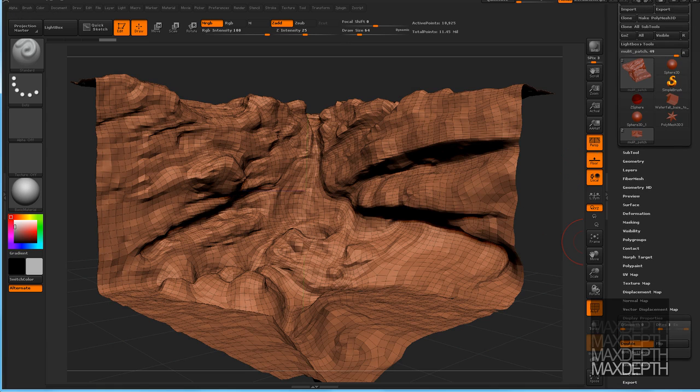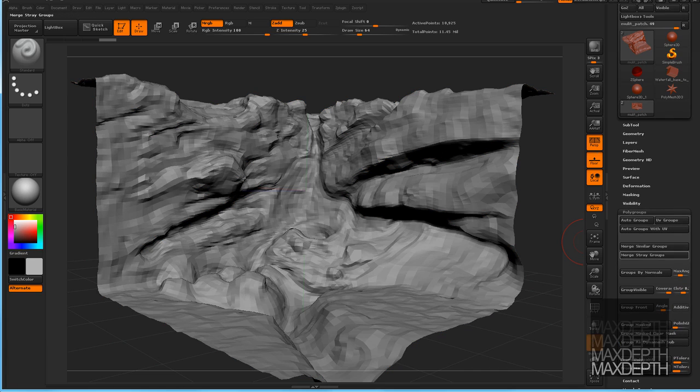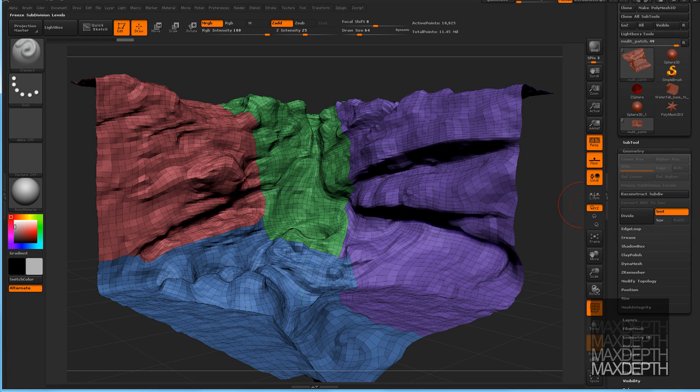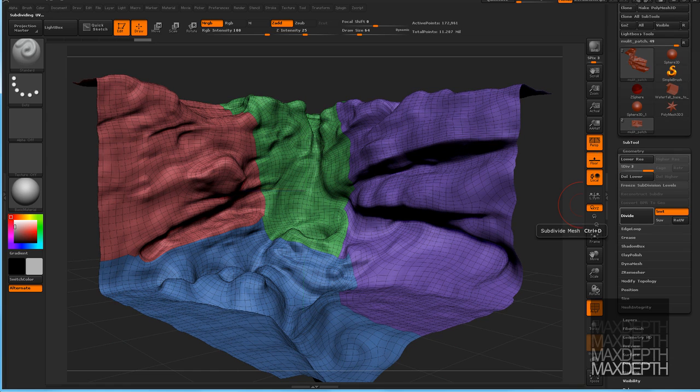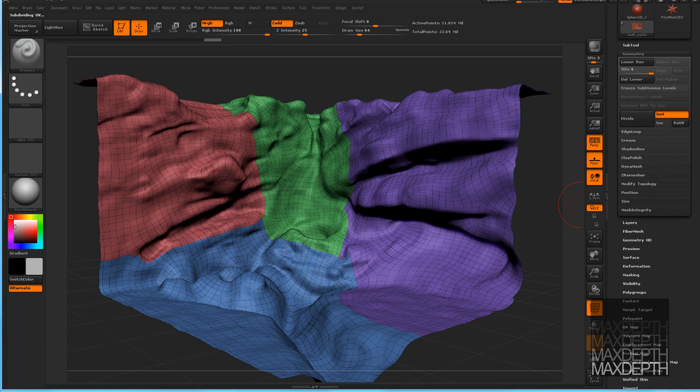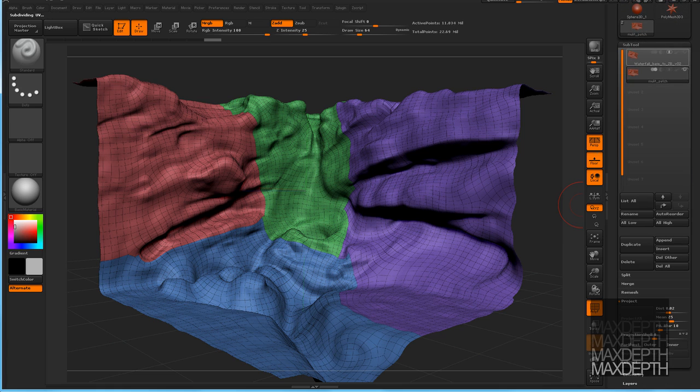Okay, and so now if we select the polygroup and then go to polygroups and auto group with UV, and then go back to polyframe, you can see now that we have our multitile objects, and the group by UV has created a polygroup for each UV set. So now I'm going to subdivide this geo up to the point where our previous geo was, and then select that object,